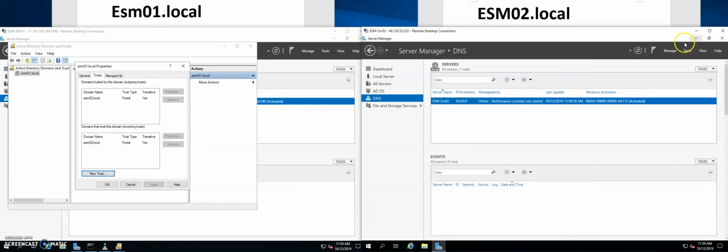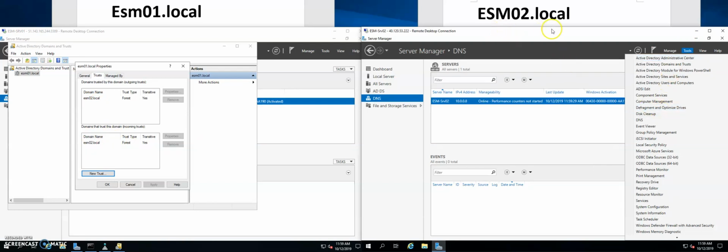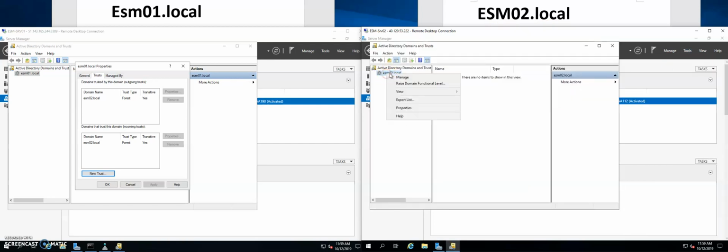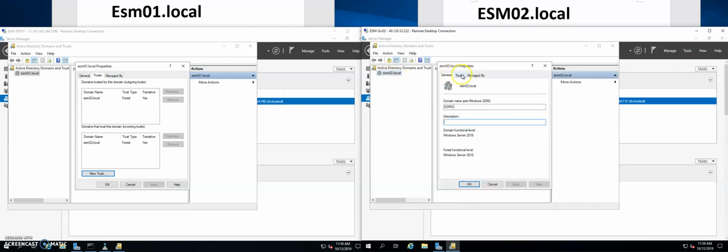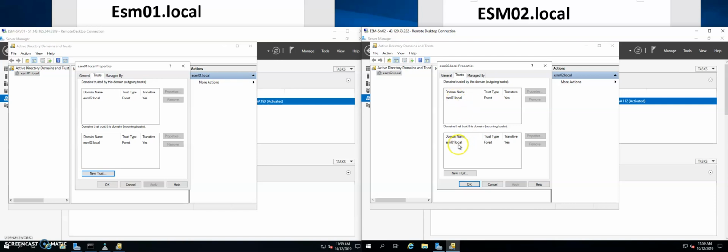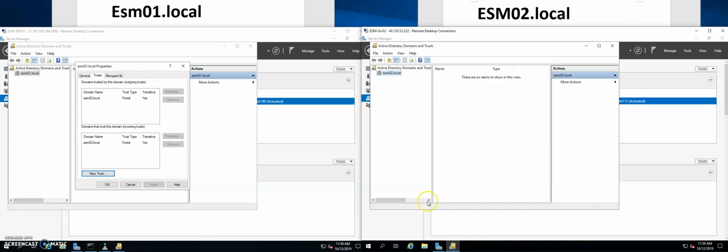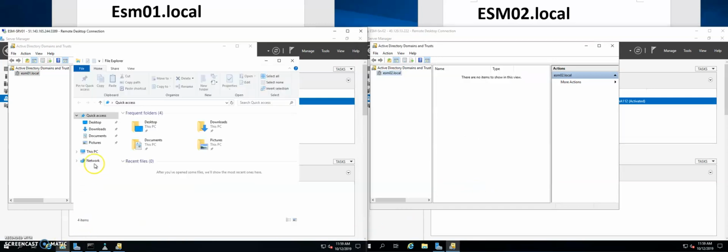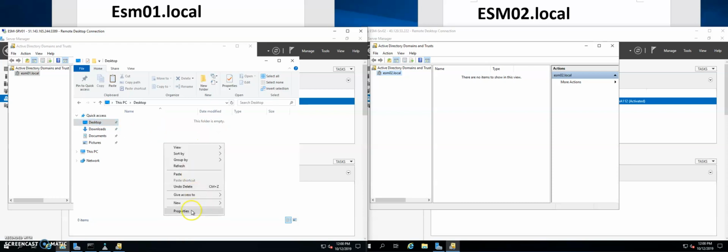So now let's come back to esm02. If we open Active Directory Domains and Trusts, right click the existing domain, Properties, the Trusts tab, we can see esm01 has been created here as well. It's automatically created. So for the evaluation, we create a folder